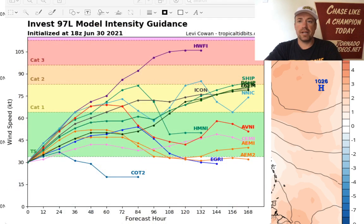Looking at the hurricane model intensity forecast, some of those model members do take it up to a Category 1 hurricane in the next 72 hours. It'll be pretty close to the Central Antilles, a little bit west of there, before getting influence from the Greater Antilles. That's when this thing could peak initially and then have a secondary peak with some of those hurricane models showing a recurving storm, showing that hurricane re-intensify if it does recurve on the east side of the East Coast, interacting with jet dynamics, difluence aloft. Eventually a transitioning tropical cyclone into an extratropical storm could happen as it recurves off to the northeast, potentially heading toward